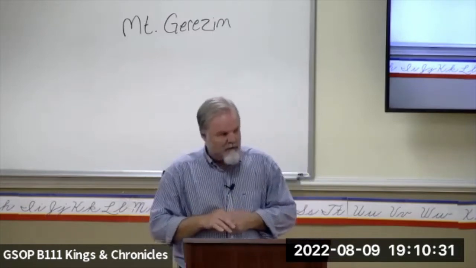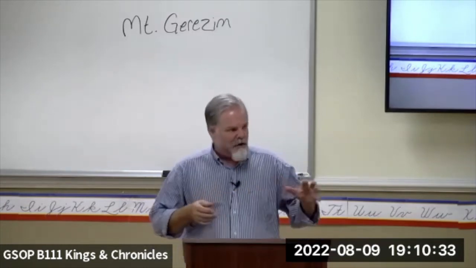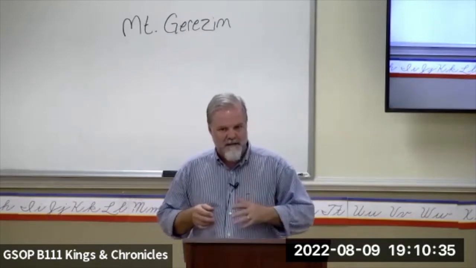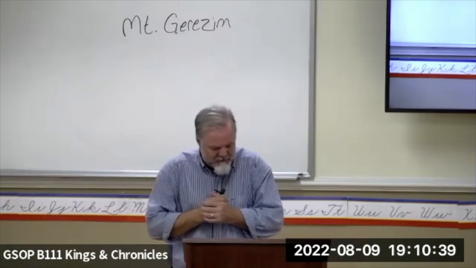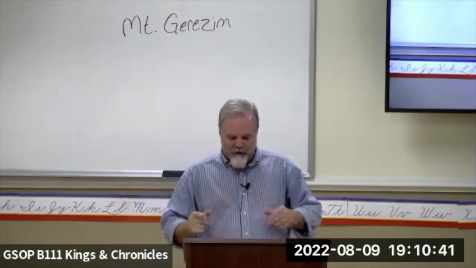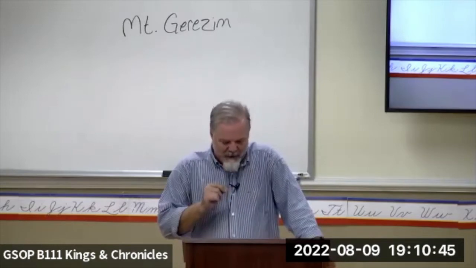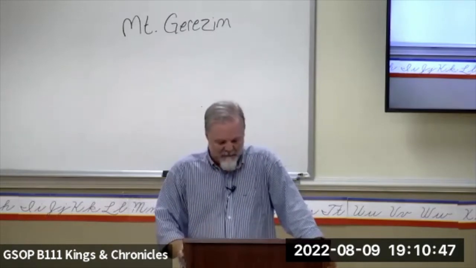In the first year, Ezra 1, starting in verse 1, it's a wraparound, right? So the last part of the book of 2 Chronicles ties into the first chapter of the book of Ezra. In the first year of Cyrus, the king of Persia, that the word of the Lord by the mouth of Jeremiah might be fulfilled, the Lord stirred up the spirit of Cyrus, king of Persia, so that he made a proclamation throughout all his kingdom and also put it in writing.